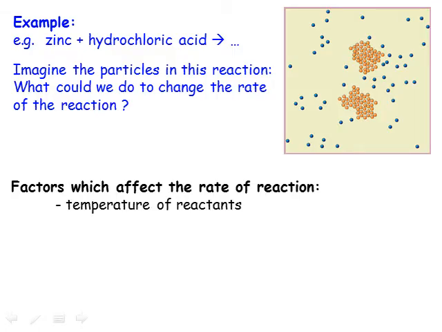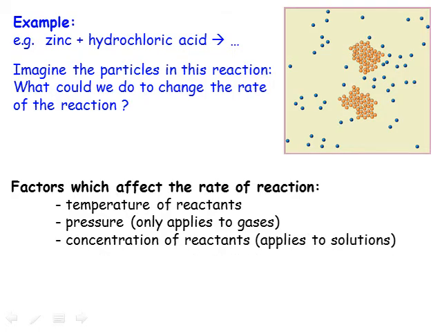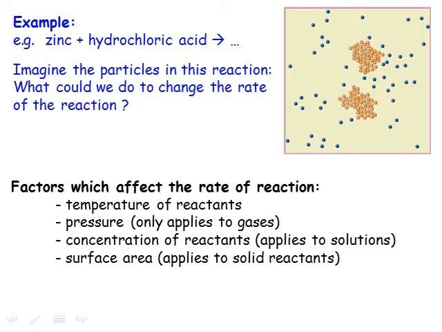We've already looked at the idea that raising the reaction temperature would increase the rate of a reaction. Increasing the pressure of reacting gases, or the concentration of reacting solutions, or increasing the surface area of a solid by breaking it down to smaller chunks will all increase the rate of a reaction. In addition, we can also increase the rate of a reaction by using a catalyst. We'll now look at each of these factors in turn and use collision theory to explain how they'll affect the